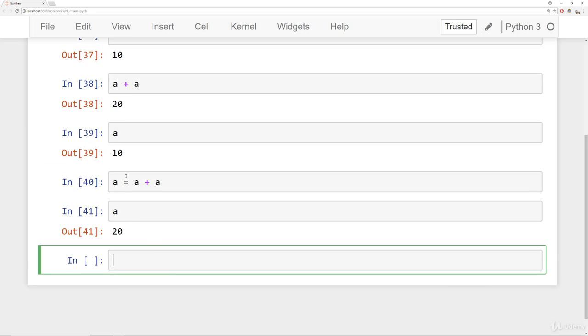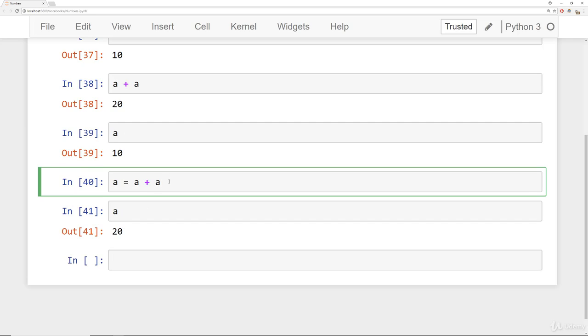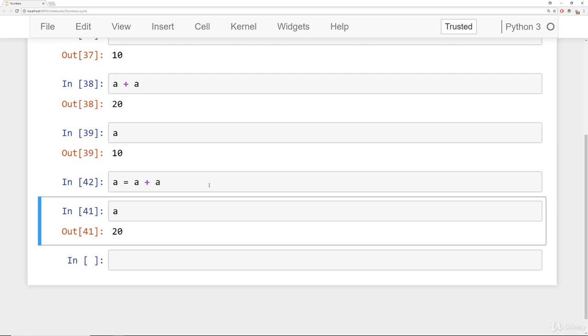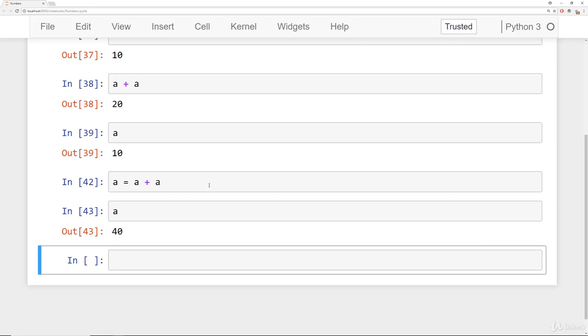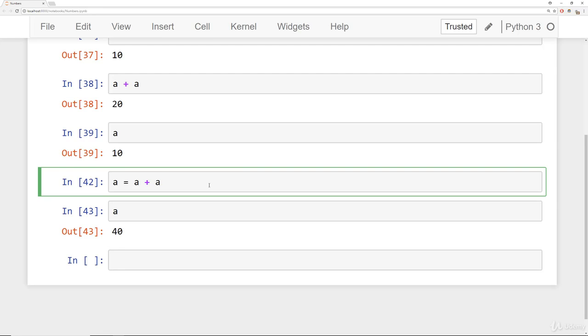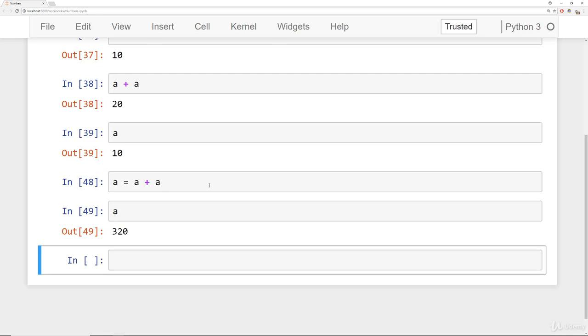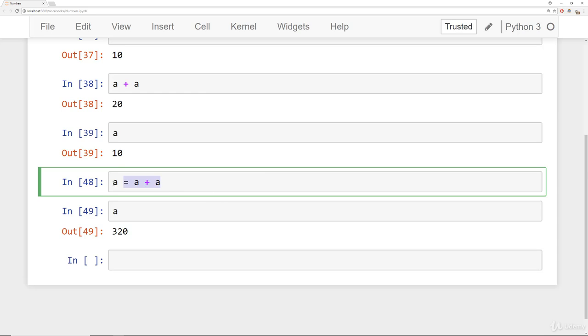So after I run this, a is now going to be equal to 20. And keep in mind, if I were to run this cell a second time, notice the In operator here, it's going to go from 20 to 40. If I run a again, it's 40 now. And you can keep doing this again and again, and you'll keep seeing it essentially double each time. So keep that in mind. This is a little different than in a script environment. If you're running a .py script, you won't really see that effect because you'll just have that line once. In a cell environment, you'd have to run that cell over and over again.